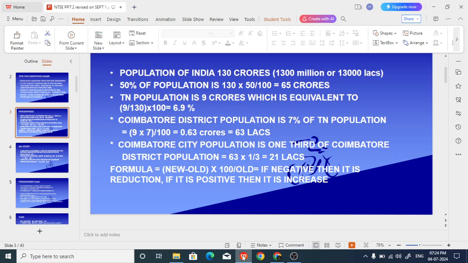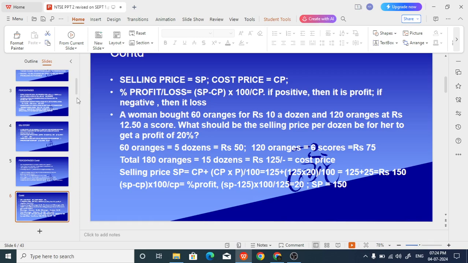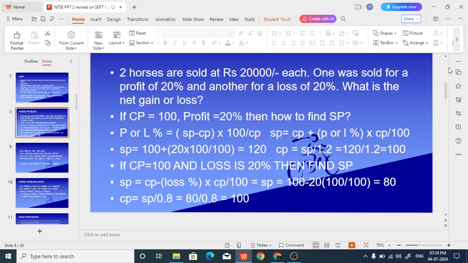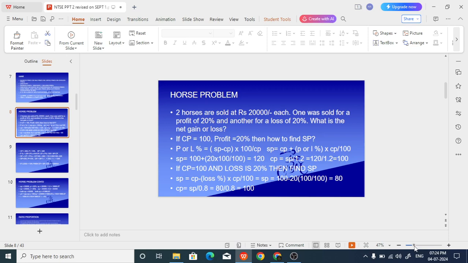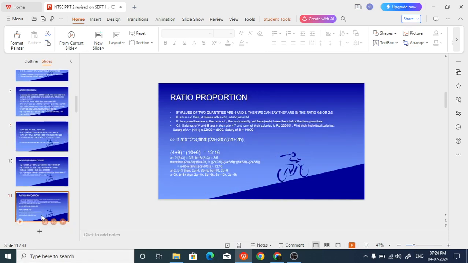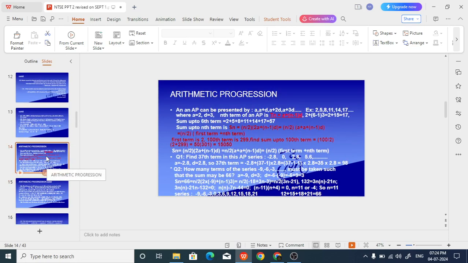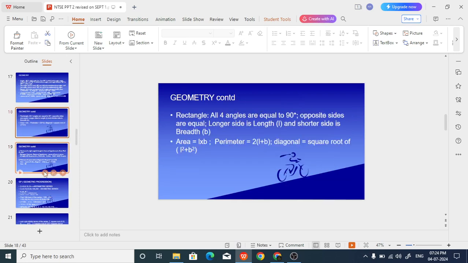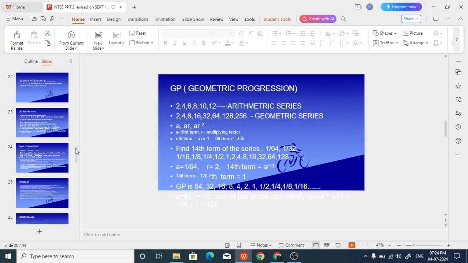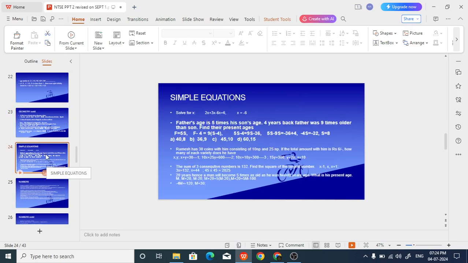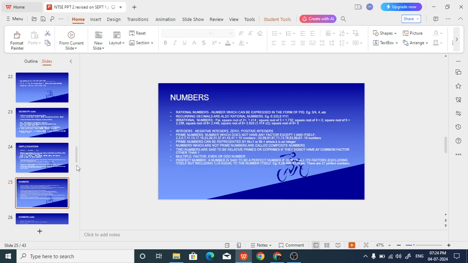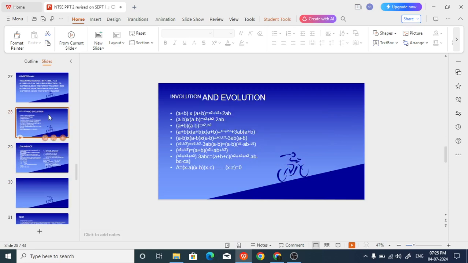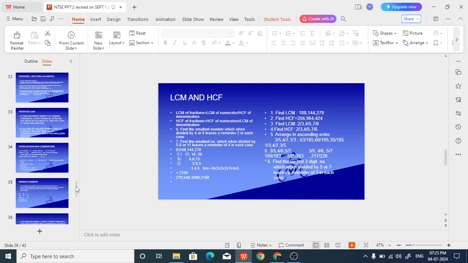So our idea is, we will take percentages, and then some continuation of percentages, and then there is something called horse problem, which is there in percentages. Then we go to ratio and proportion, and then arithmetic progression. I don't know whether you have studied all these things. Arithmetic progression you have studied. Then we will go to geometric progression. Then geometry again, continuation of geometry. Then we will go to simple equations. Then numbers. I think these things you have studied somewhere. And then involution and evolution, algebraic expressions. Then we'll go to LCM and HCF. And then we'll